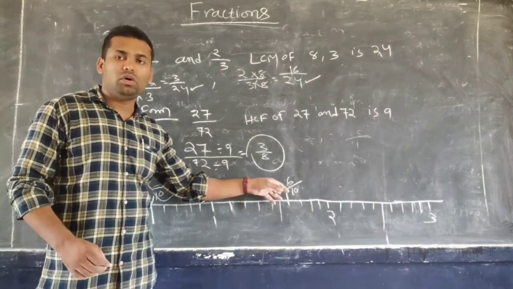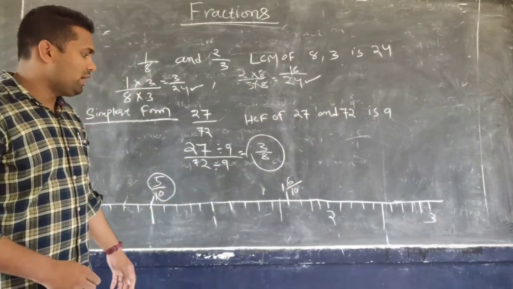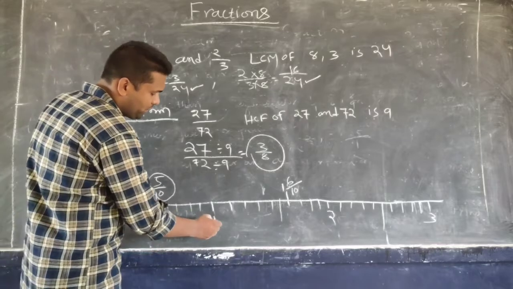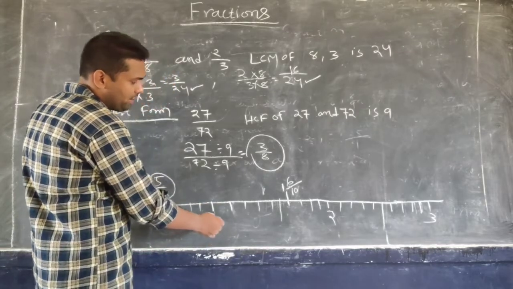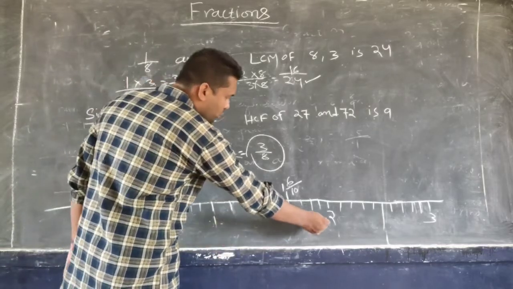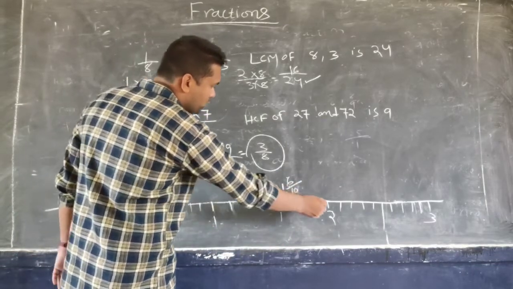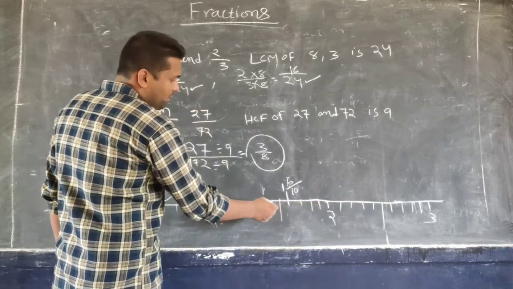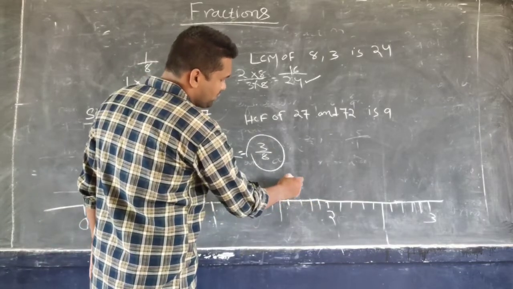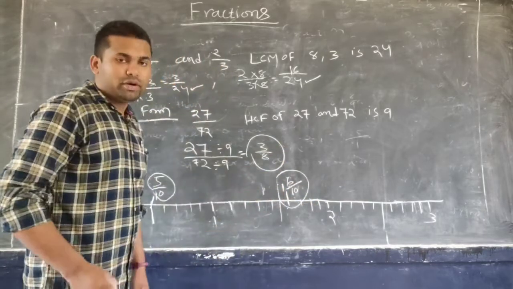Next one is 1 whole 6 by 10. 1 whole 6 by 10 means what? We completely go to the 1 whole, meaning 1. Then it lies between 1 and 2. 6 by 10 means what? We divide 1 to 2 into 10 parts, and we take the 6th part, so 1 whole 6 by 10 is placed here. Okay, so